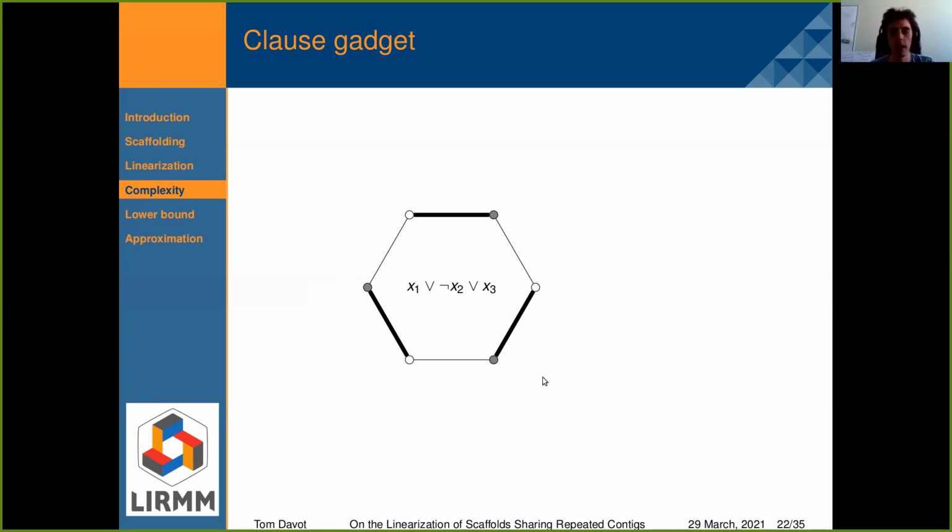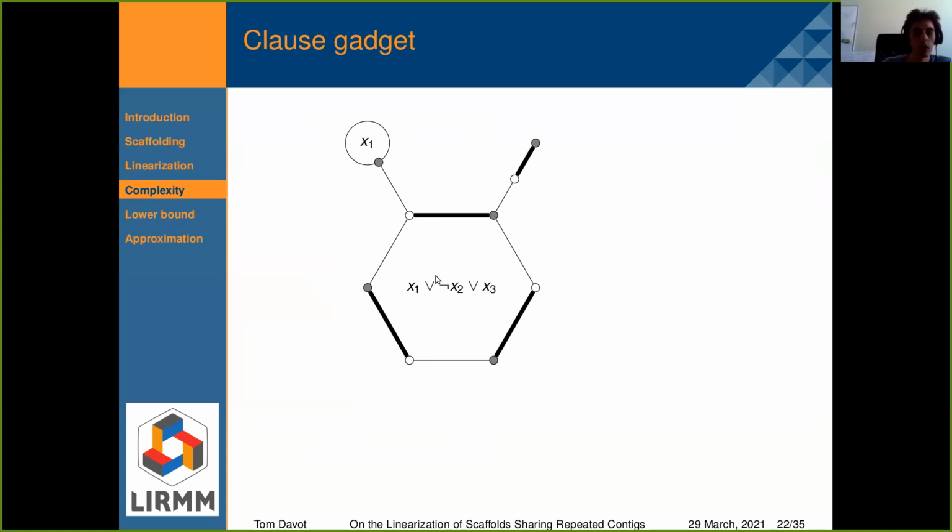For my clause gadget, I construct an alternating cycle with 3 matching edges, and I link each of these matching edges with a single variable gadget. So x1 occurs positively in my clause. I forgot to say that I have a 2-coloring on the vertices to keep the bipartition of the graph.